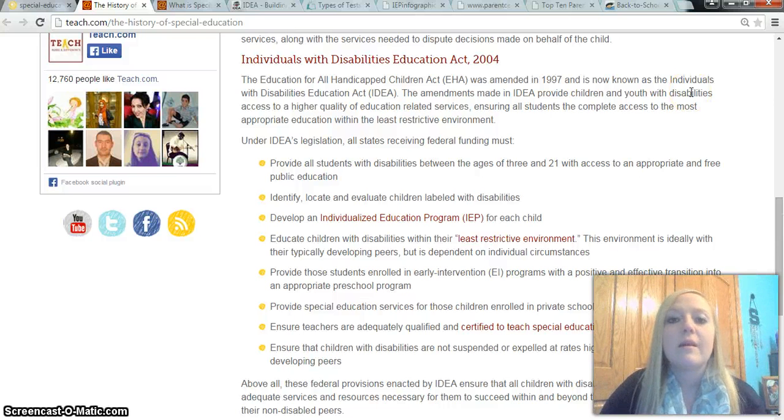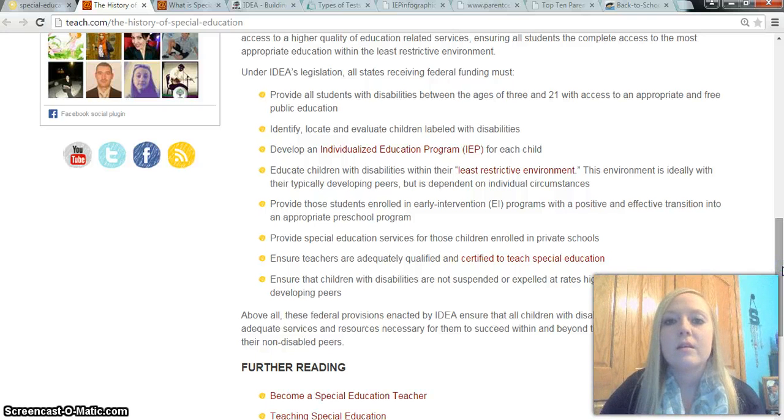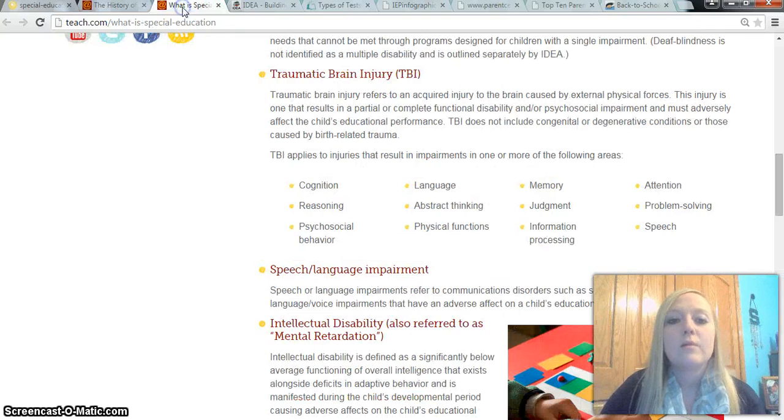It's the newest one that is adopted by schools, and it was amended in 1977, but under the new legislation of 2004, all states receiving federal funding must provide students with disabilities free and appropriate public education, must identify, locate, and evaluate children with disabilities, develop an individualized education program, which we'll talk about coming up, and educate children with disabilities within their least restrictive environment, determining pretty much what services are needed and how much time they should spend inside and outside the classroom with the support and help needed along with them. So I just want to jump right into